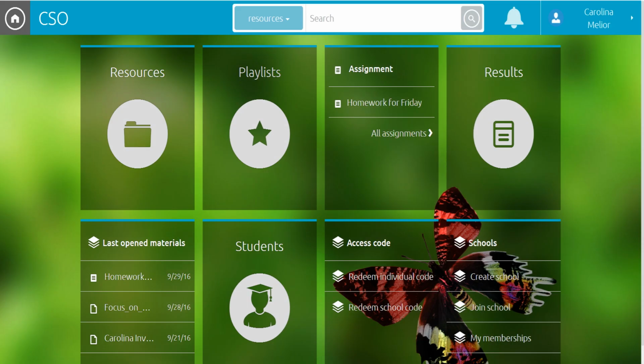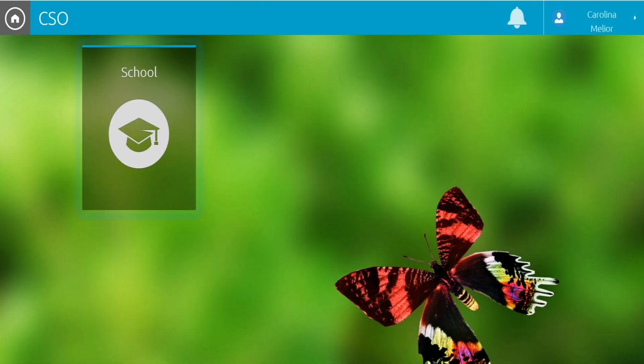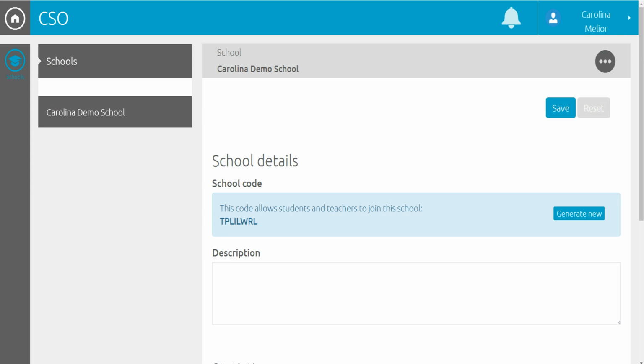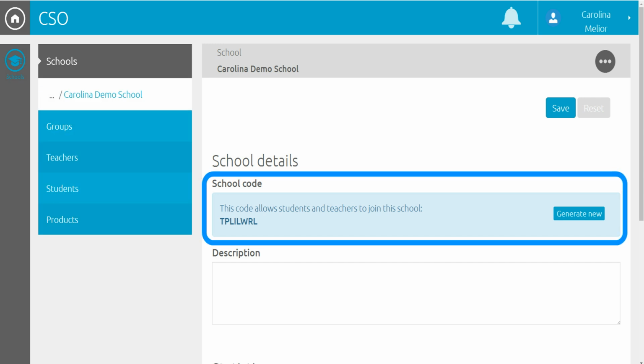Once logged into Carolina Science Online, click on your Profile menu in the upper right corner and select the Administration Panel link. Next, click on the School icon, and in case you are administrating more than one school, choose your school from the list. As the administrator for your school, you are the only user that has access to the